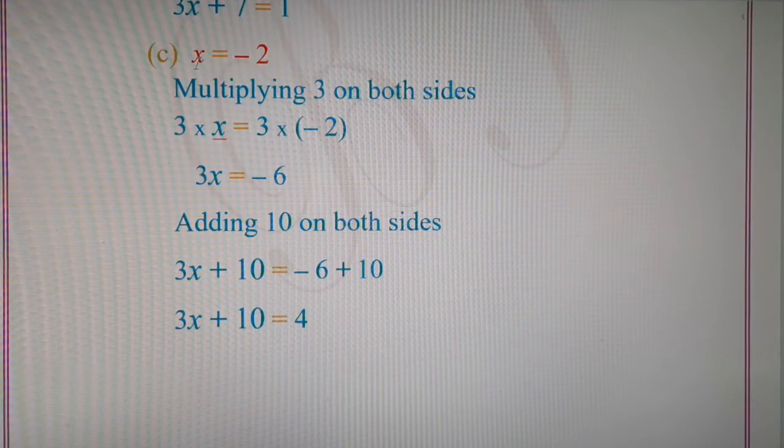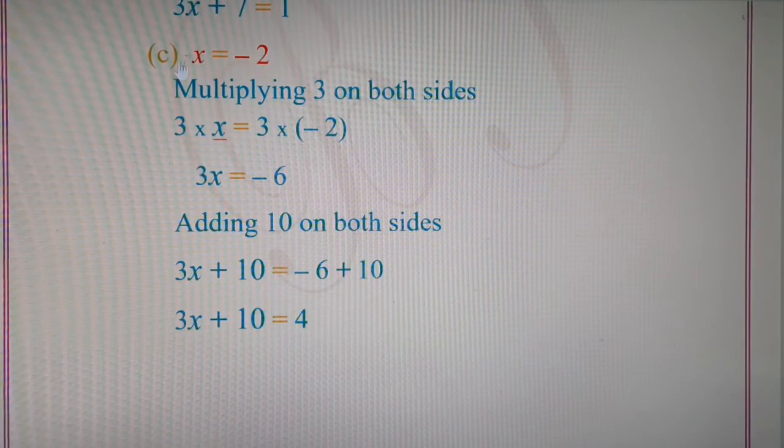Now we have to form the third equation using the condition x equal to minus 2. In order to formulate a third equation, we will begin with the condition given. The condition given is x equal to minus 2. And in order to formulate an equation, we can use either of the mathematical functions such as addition, subtraction, multiplication or division. Let us first use the multiply rule. So here we will multiply 3 on both the sides. Whatever mathematical function we use, we have to use on both the sides, that is the left hand side also and the right hand side also.